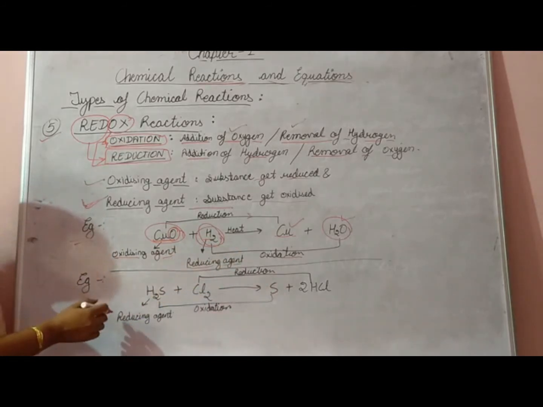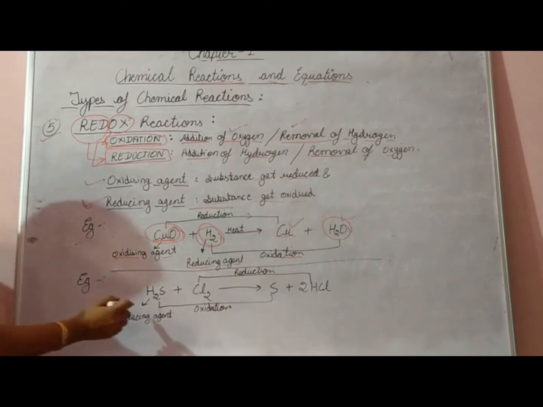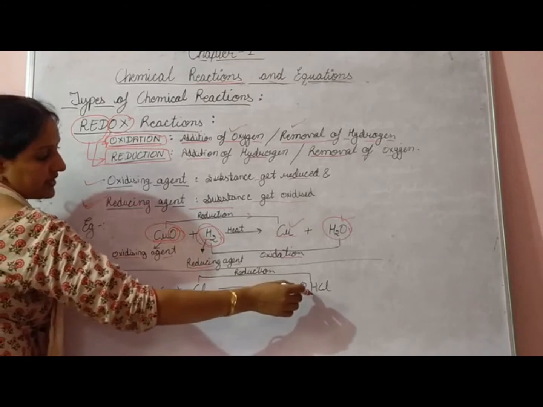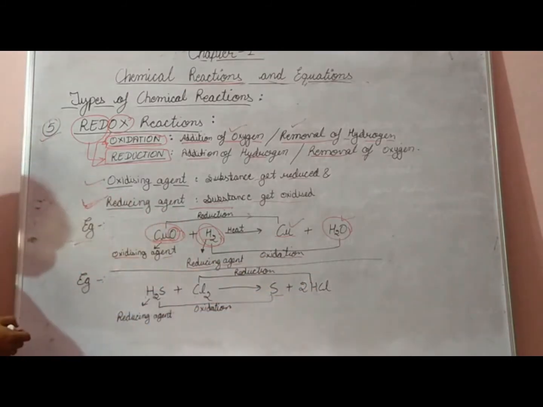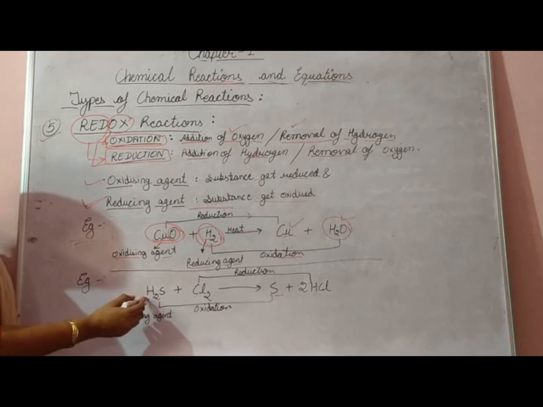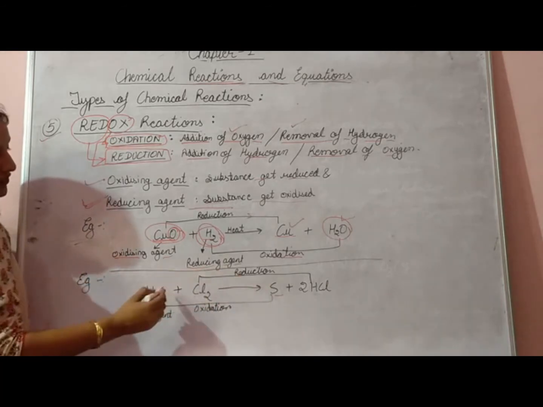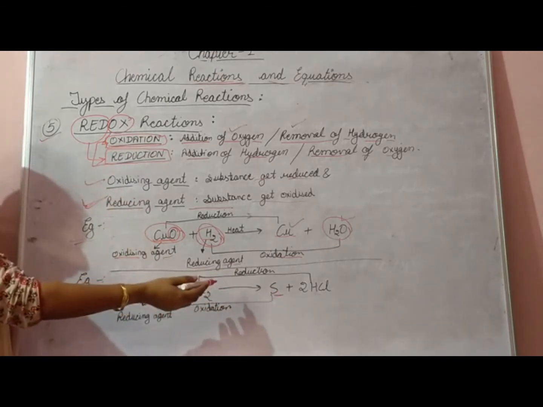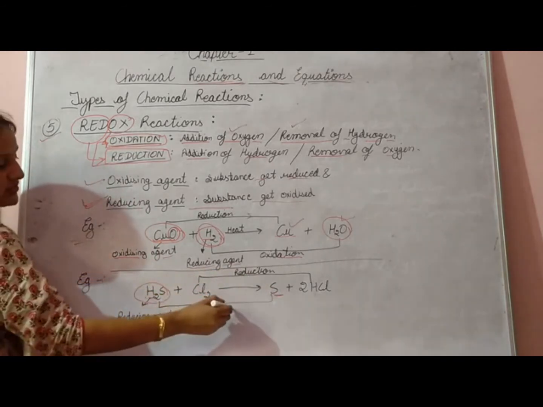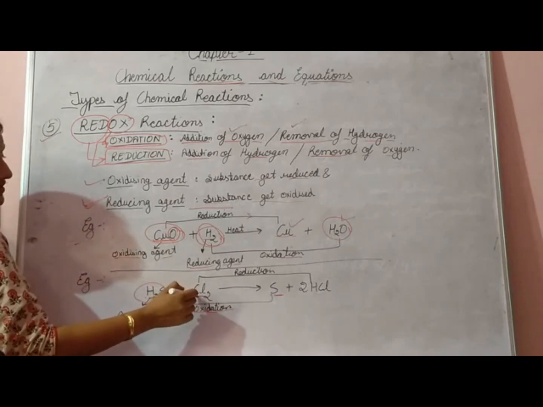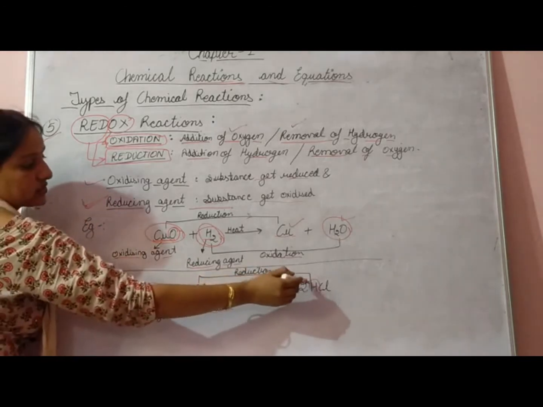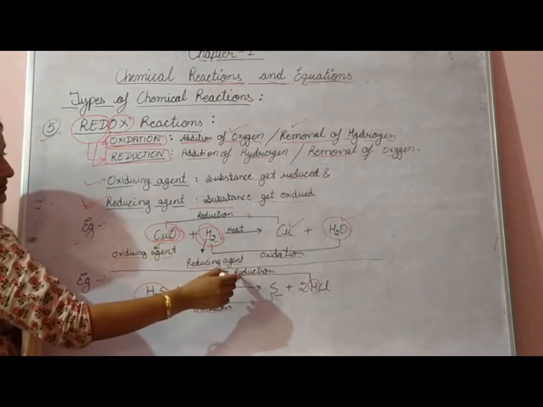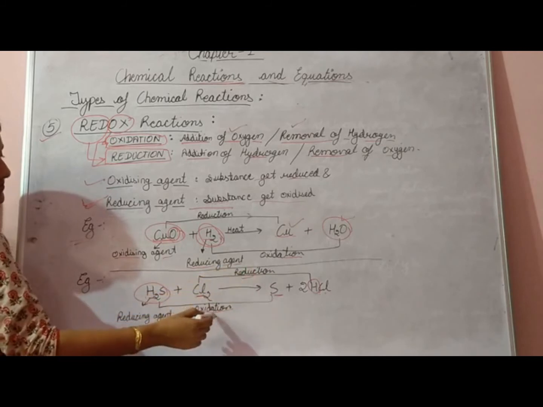One more example. Here your hydrogen sulfide plus chlorine are resulting in sulfur and hydrogen chloride. Now here hydrogen is being removed. Here H2S was there, but here only S is present. That means hydrogen is removed from it, and removal of hydrogen is your oxidation. Next, here chlorine was alone, but here hydrogen is added to chlorine. That means the addition of hydrogen will be your reduction. So this will be reduction, this will be oxidation.